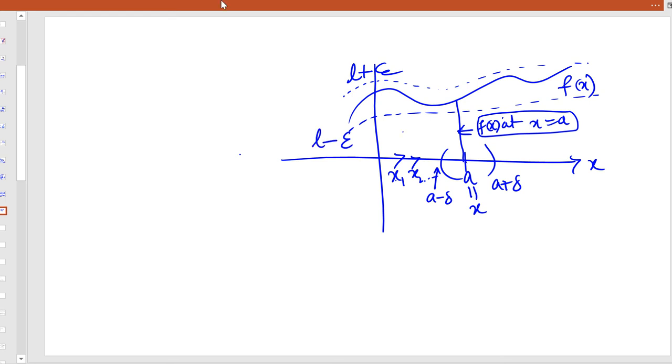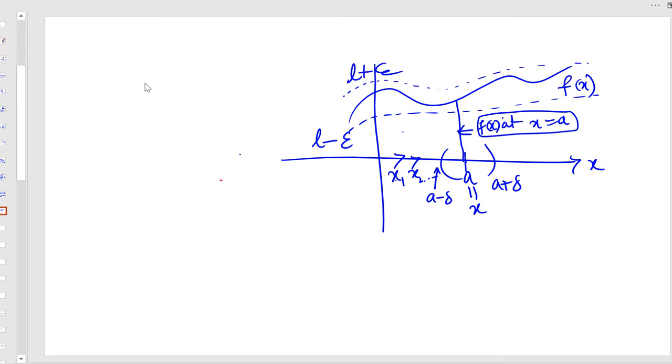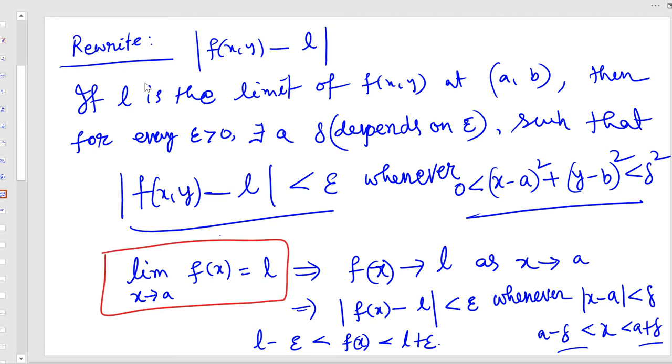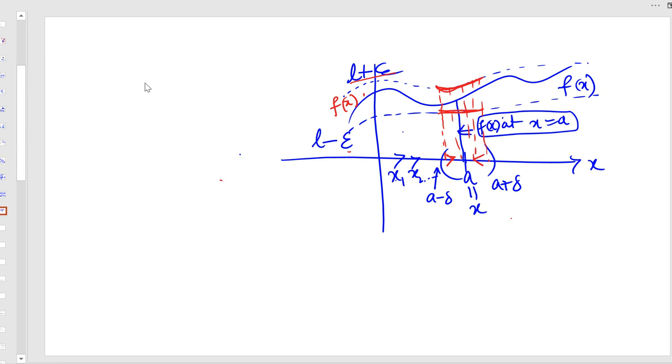You take this point here. For any given point, if you take the left hand side limit or right hand side limit, the functional value will be within this limit. So this is the range of f of x, between L minus epsilon and L plus epsilon. In the one variable case, if you remember, this was the meaning of the definition. Now, if you juxtapose the situation in the three-dimensional case,